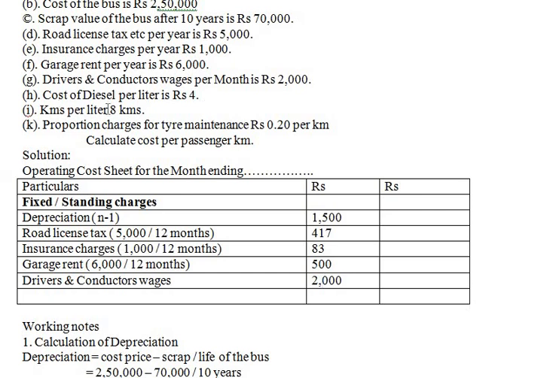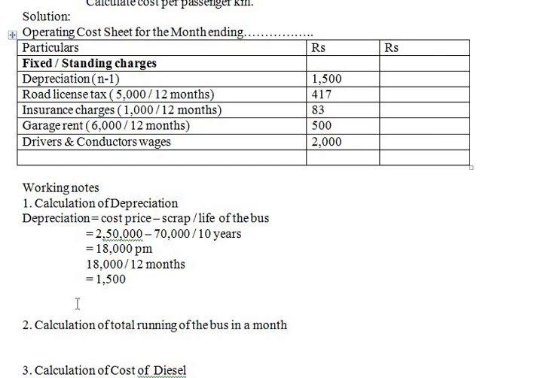Next, the cost of diesel per liter is rupees 4, and kilometers per liter is 8 kilometers. This cost of diesel we will take for the third point, that is running or operating charges. But this tire maintenance has to be taken for the second point, repairs and maintenance. But there is an adjustment for this. It means we will have to calculate how many kilometers it has run. So first we are going to find out the calculation of total running of the bus.